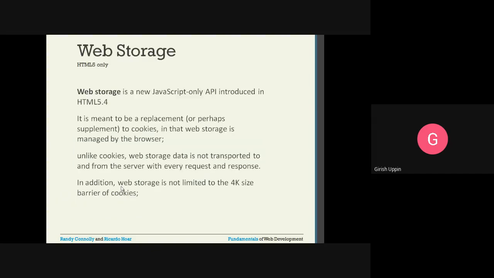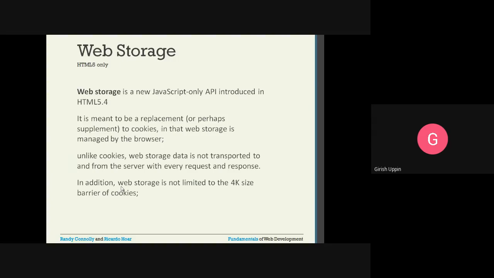HTML5 web storage. Web storage is a new JavaScript-only API introduced in HTML5. It is meant to be a replacement or perhaps a supplement to cookies.